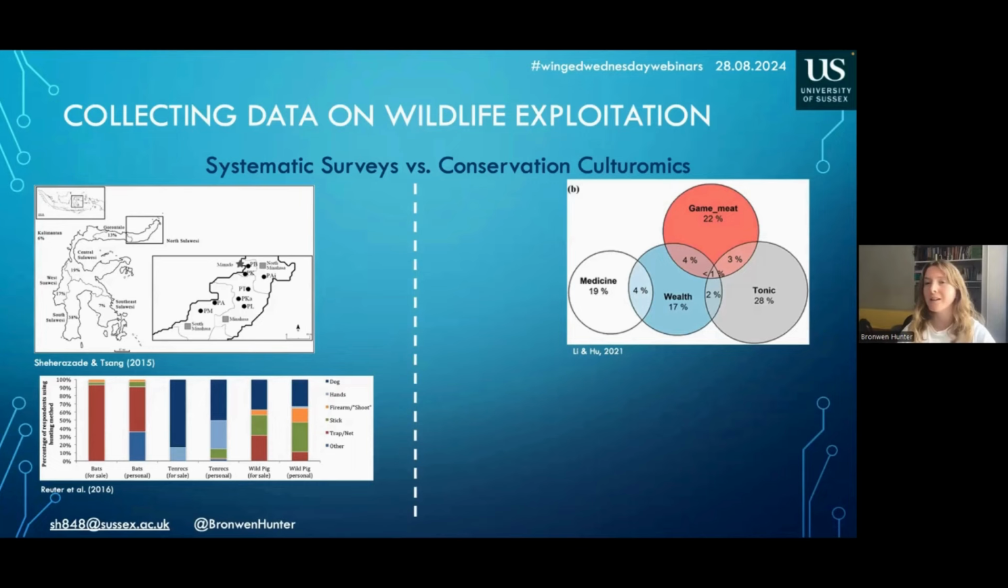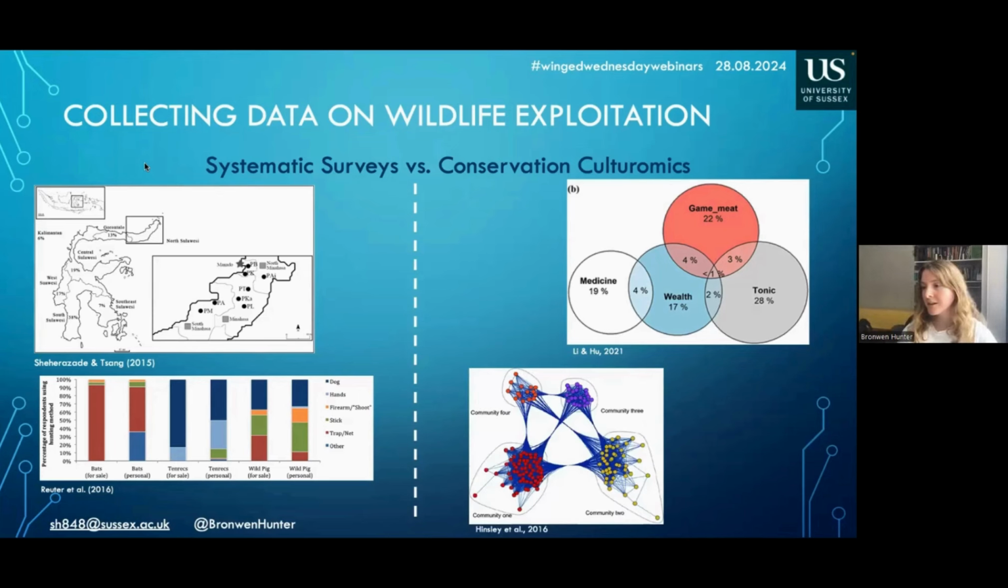In that way, they identified some key drivers of consumption of that wildlife product. And this Hinsley et al. paper also looked at wildlife trade networks relating to ornamental orchids on social media, and they were actually able to distinguish distinct communities that were trading with each other by looking at interactions on Facebook.